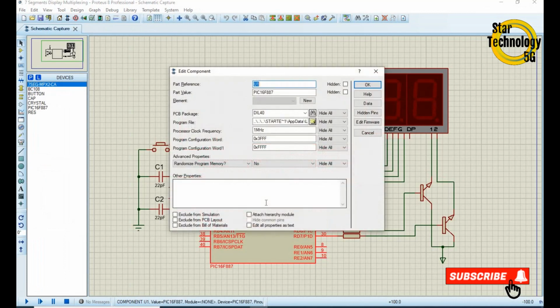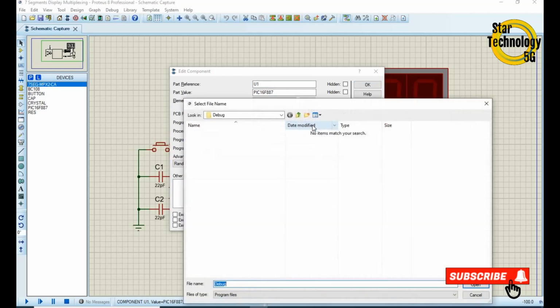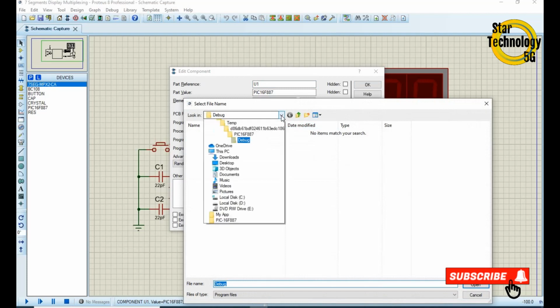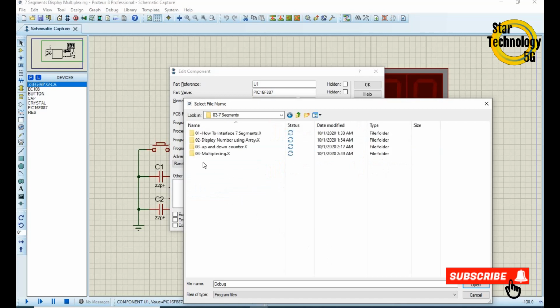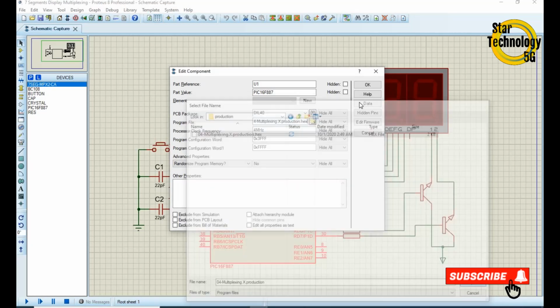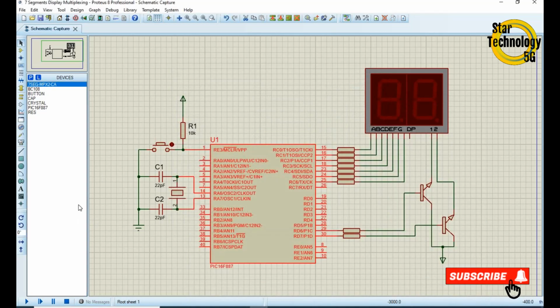Double click on the controller. Change its frequency to 4 MHz and select the hex file. Multiplexing, production, OK, and click on run the simulation.